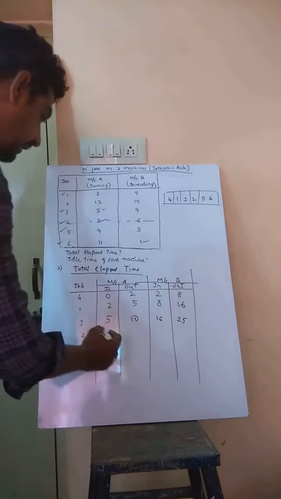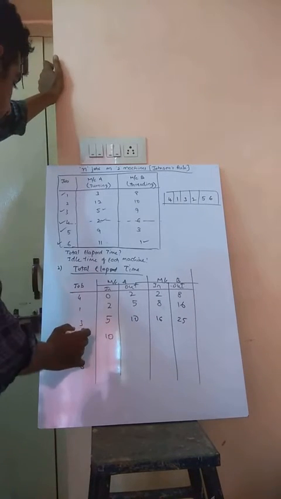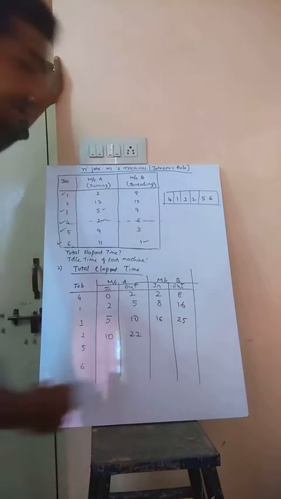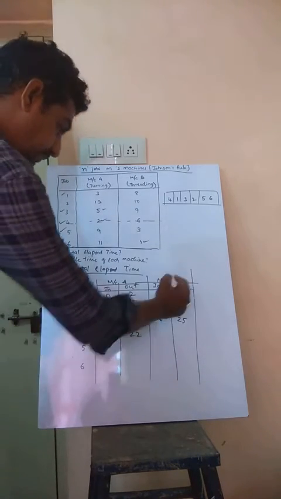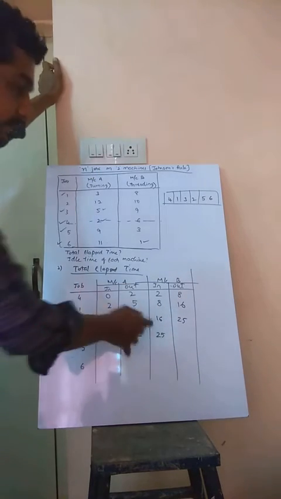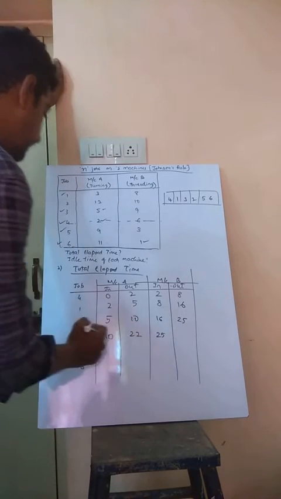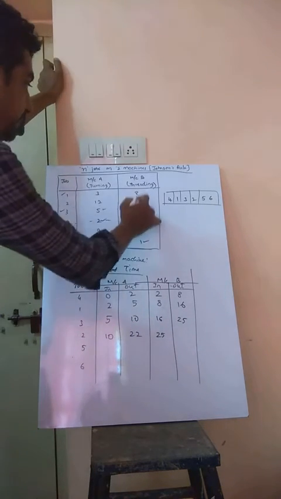Now the next job in the sequence is job 2. Again we take 10 here. 10 plus 12 is 22. The in time of job 2 on machine B is 25; it cannot be 22 as per the assumptions and rules. So 25. The processing time of job 2 on machine B is 10. That is 25 plus 10 is 35.